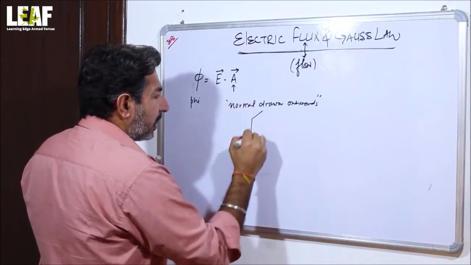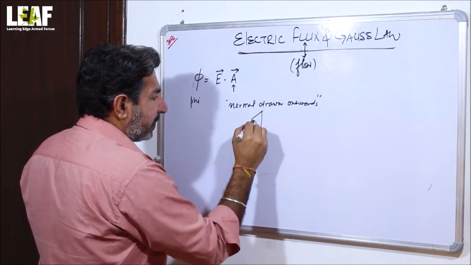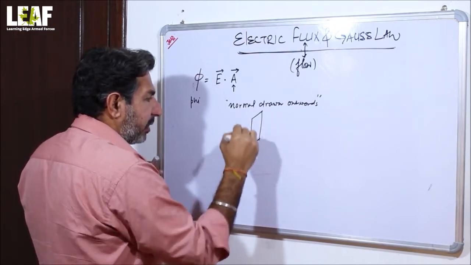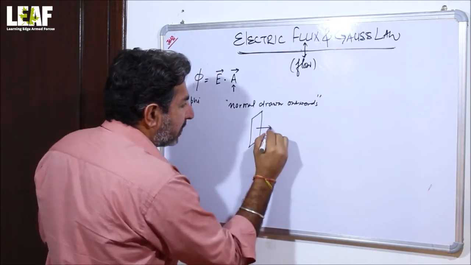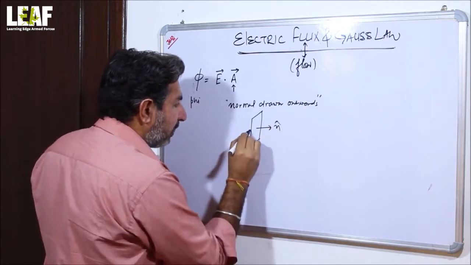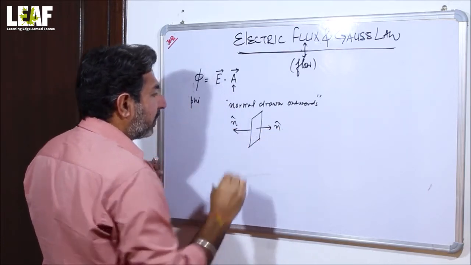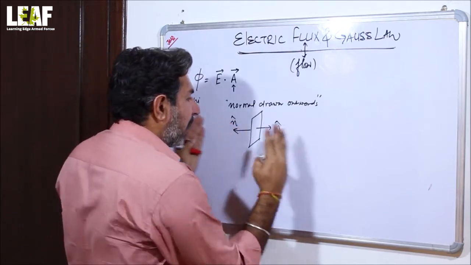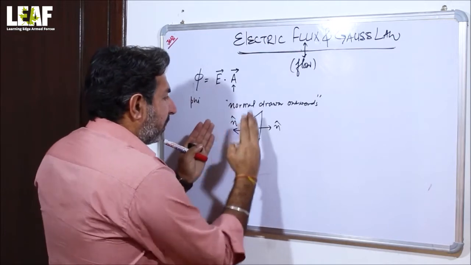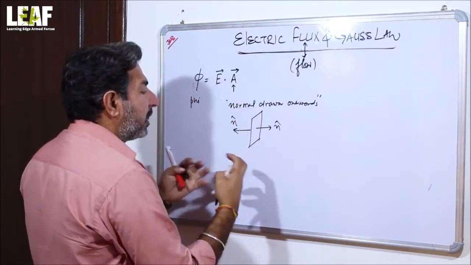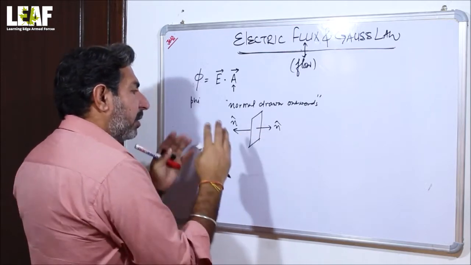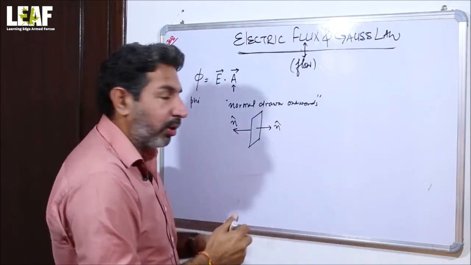Means, I must explain it here. If this is the area that we are considering in the form of a plane, and this is the normal vector, even this can be the normal vector. So it is the normal vector drawn outwards from the reference area. Now, depending upon the situations and conditions, we will use a defined direction, which we will discuss later on.